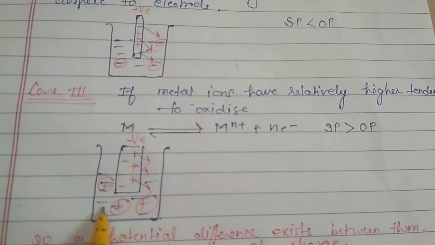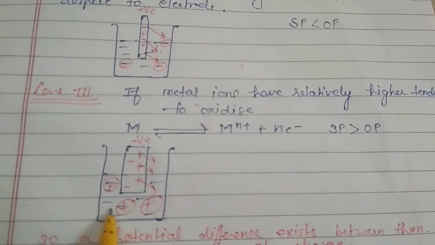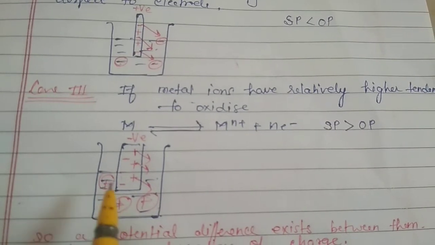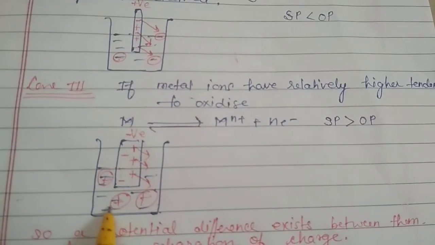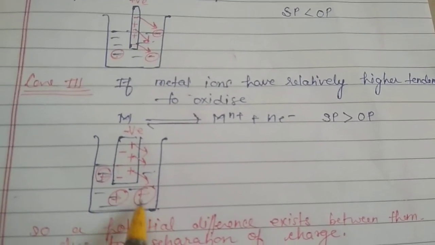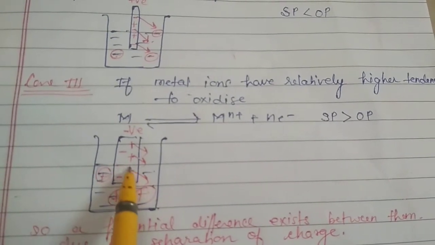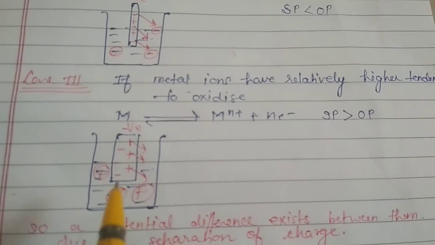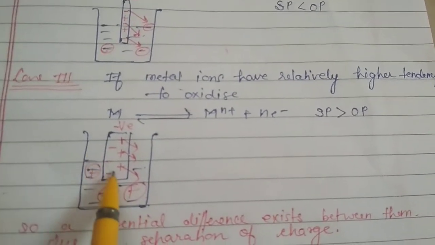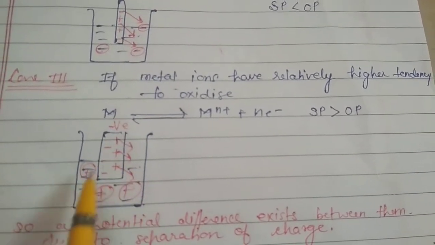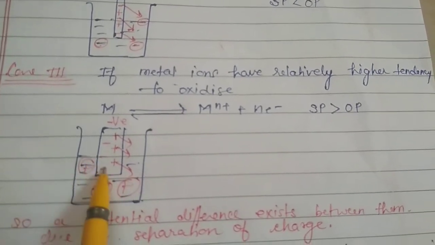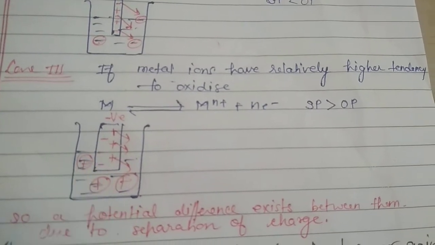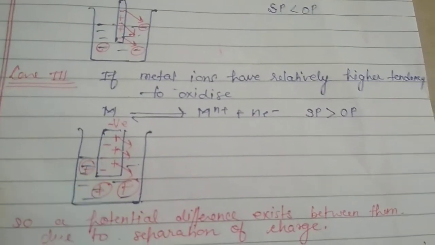Here we have the electrolyte, which has positive and negative charges and is neutral. But as the positive charge moves into the solution, the solution becomes positively charged and the rod becomes negatively charged. It means oxidation is taking place here. The potential develops again due to the separation of the charges, and that's why the oxidation potential is developed in the particular cell.